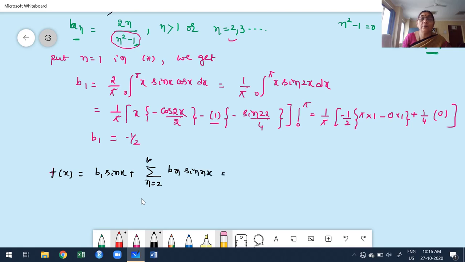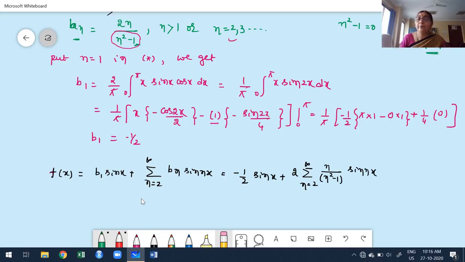Now I have to substitute the values. B1 is minus half into sin x. While writing bn, the constant 2 times the sum ranging from 2 to infinity of n divided by n square minus 1 sin nx